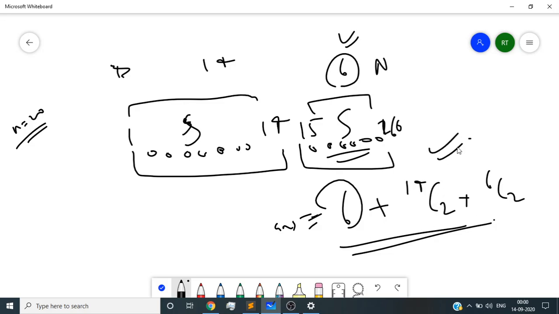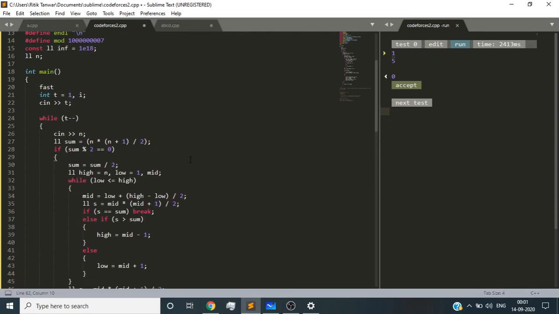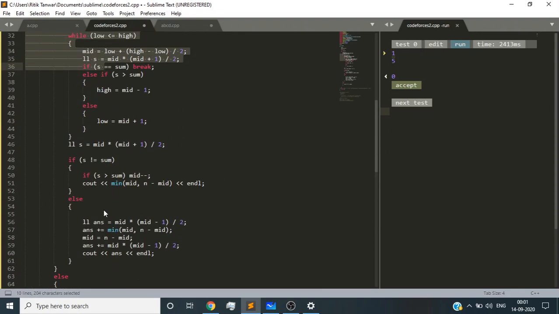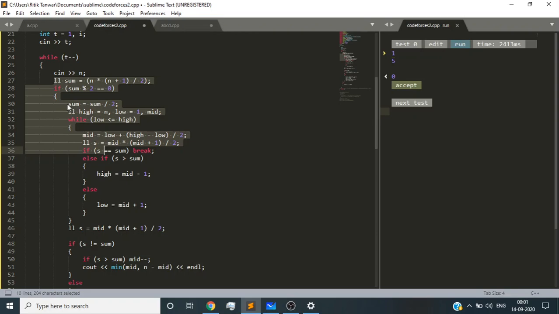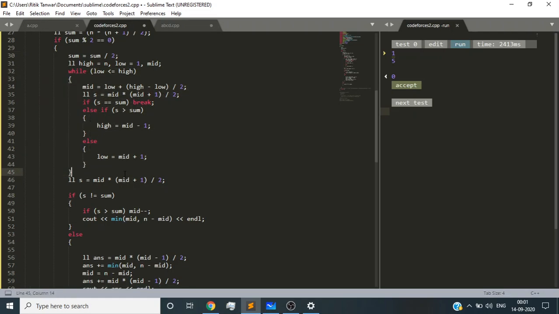So this is the special case which we have to consider, and here's my implementation. I'm taking n and calculating the sum. If the sum is even, then I do my further work, otherwise I just print 0. Here I'm dividing the sum by 2 so that I can find the target value, to divide my sequence into two parts. And then I'm using binary search here.